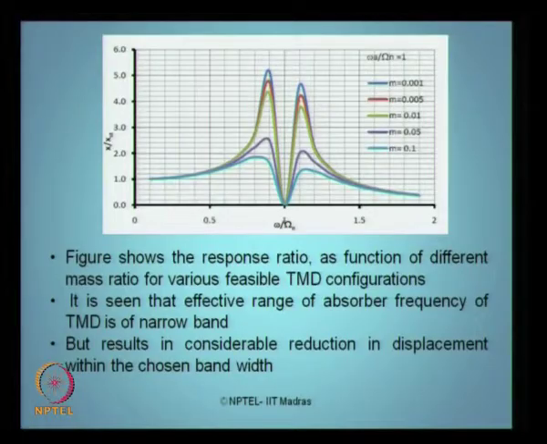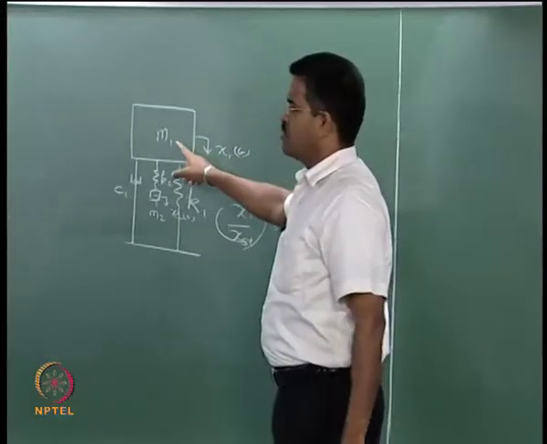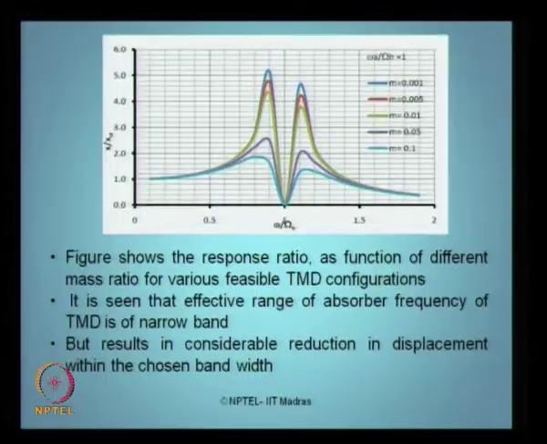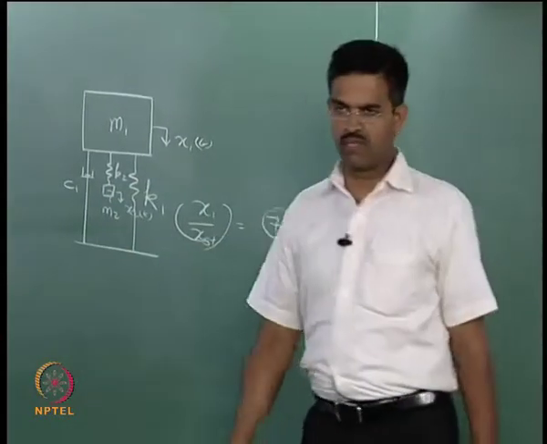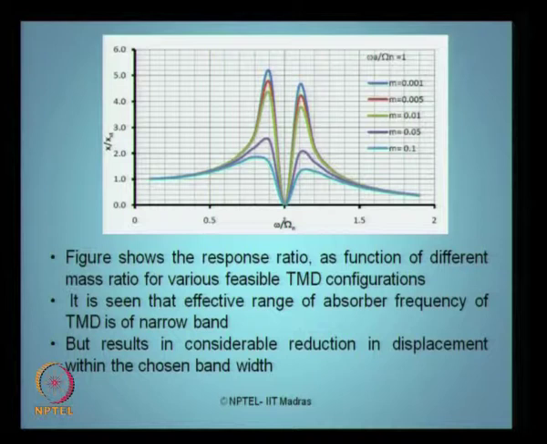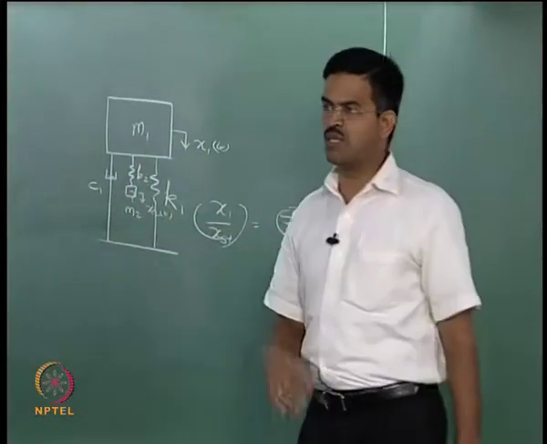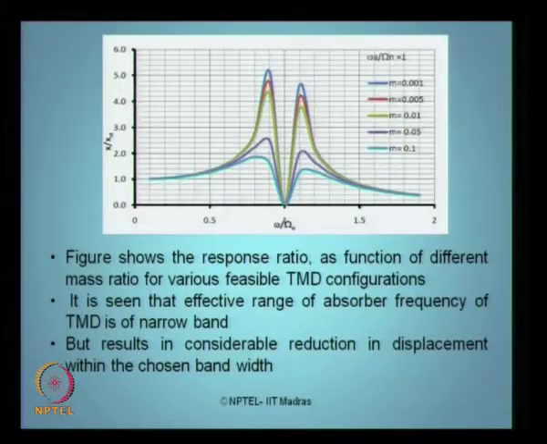This is the plot I have, which varies with the frequency ratio. Omega is the excitation frequency and sigma is the frequency of the fundamental system, and the y axis shows the plot of x1 of t versus x static, because I am interested in controlling the primary response of the system, x1 of t, by tuning the mass of the secondary system. In my case it is a tuned mass damper. I am plotting this for different ratios of mu, which is the mass ratio, the ratio of m2 over m1, which will always be less than 1, and the percentage varies from about 0.1 to 10% of the primary mass.